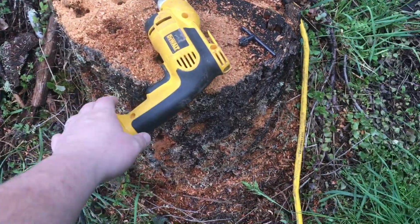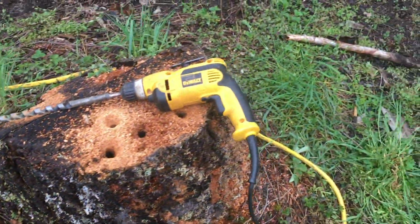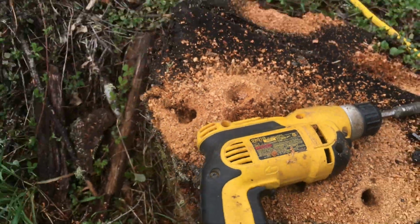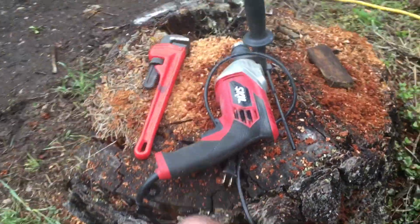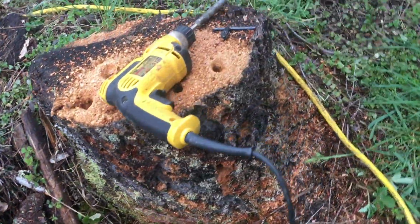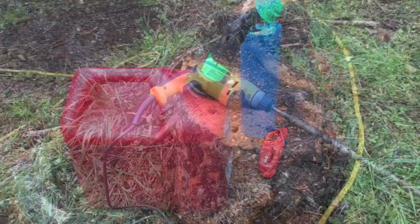Alright, so I got it out from my other drills. This one unfortunately doesn't have a handle like that one. This has a special attachment on there, so it's not interchangeable. But this, I would call this a light duty drill. It's not really meant for doing this either. But I drilled another 20 or so holes with it, and it was performing better than this one before I started. I've used this drill for one other project, and it sucked then too. This one I've had a long time. It's not the most powerful, it's not the greatest drill, but